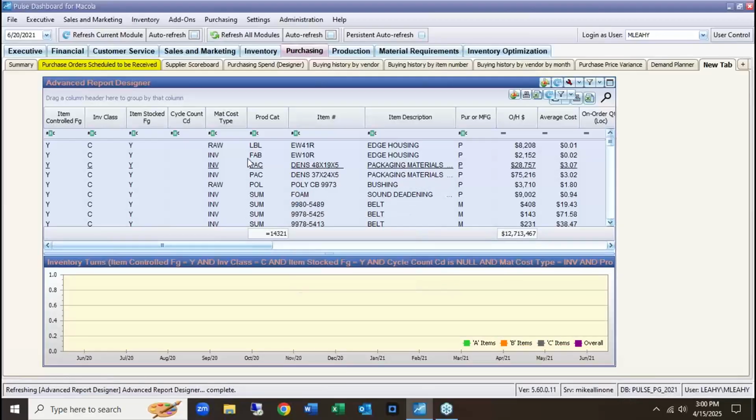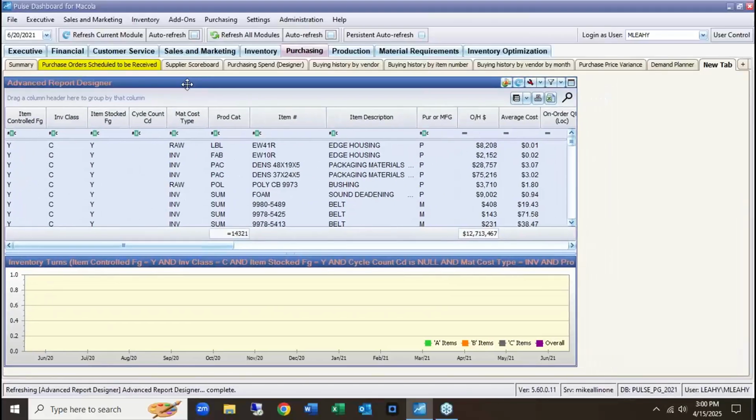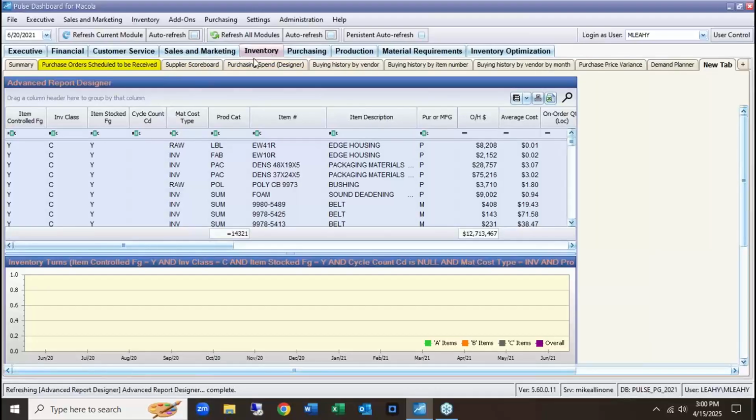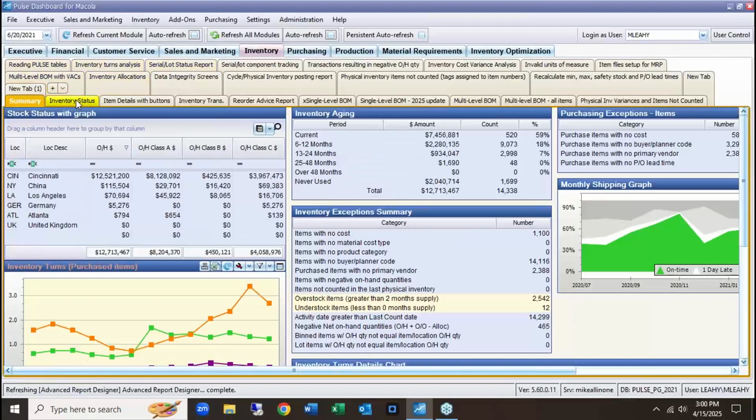So this is just a demonstration here of this Advanced Screen Designer. If this is overwhelming, please call our support desk. It does take a little bit to get the hang of how this works. I noticed earlier here that I went over this report, and